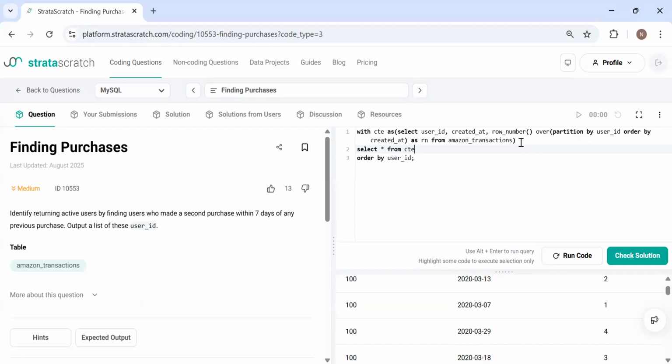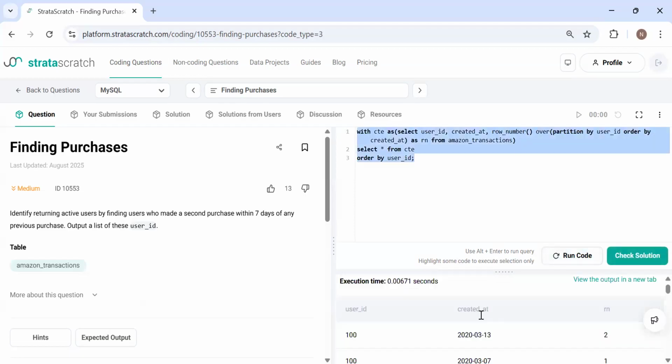Okay, now let's run this. So we are getting the same table, right? It's just that I've put it under CTE. Now what I'm going to do is create one more virtual instance of this table. That is, I'm going to do a left self join, okay, and I'm going to use different conditions, and then I'm going to